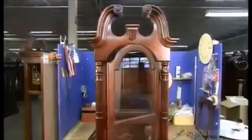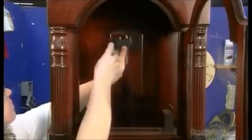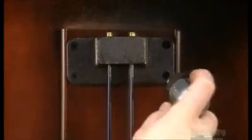The next step is to stain the wood, hand rubbing it in to bring out the grain. A coat of lacquer protects the wood and gives it a degree of sheen, from matte to glossy depending on the model. After installing the glass and door, it's time to install the clock's components, starting with long metal bars